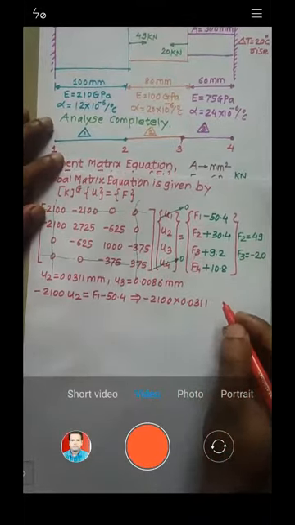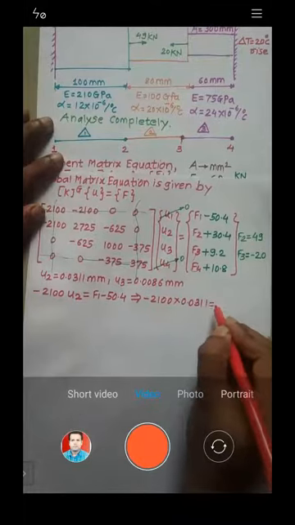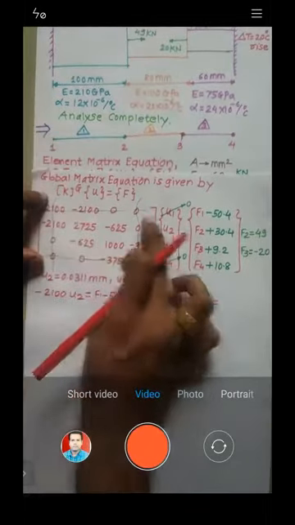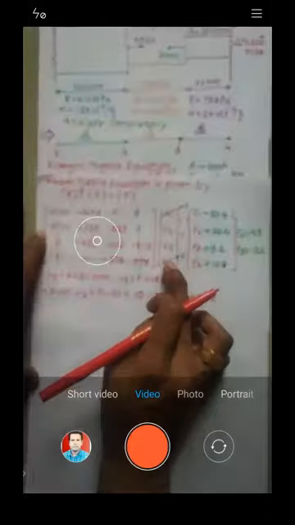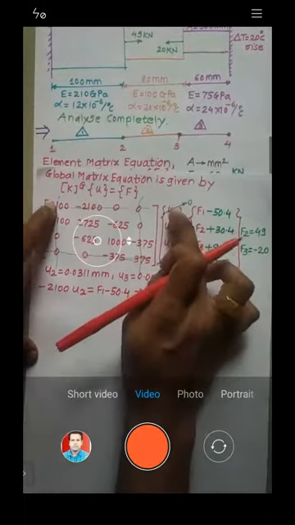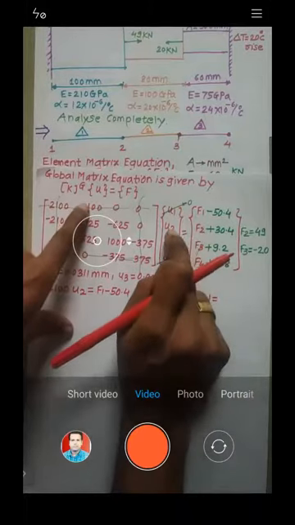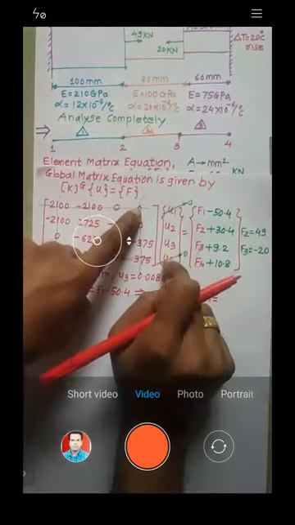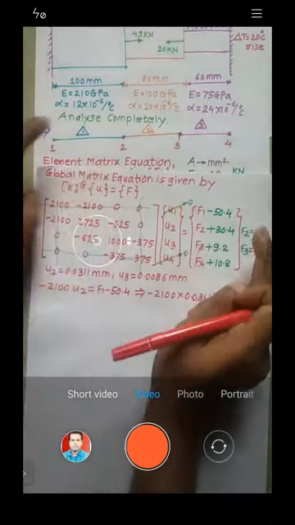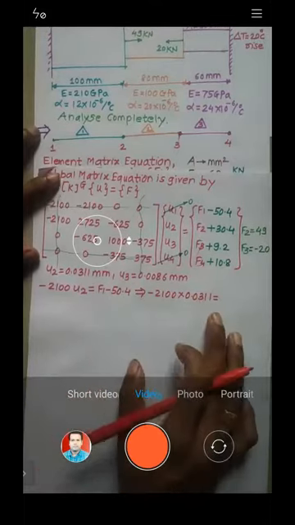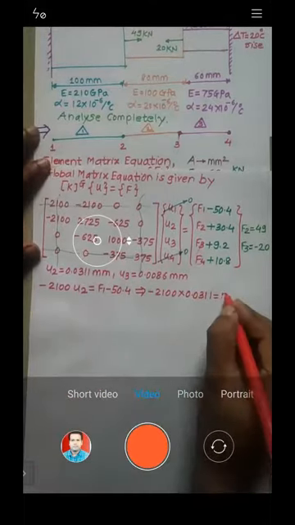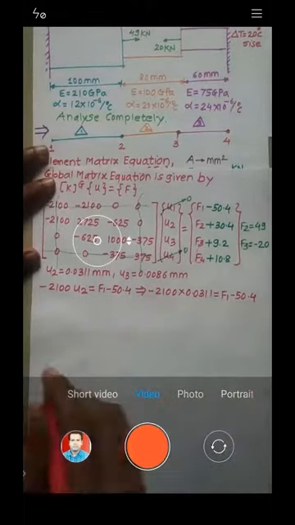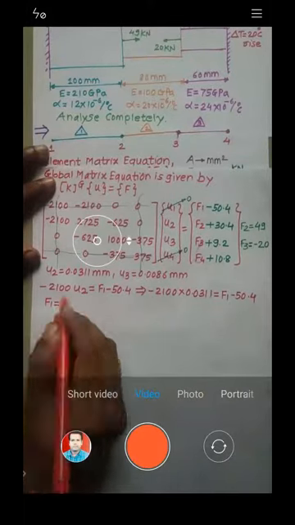Okay, 0.0311. Sir, I didn't understand this line. See, first row and this column, right? First row multiplied by this column. Just check it, this has been already explained. First row, this column: this into this is 0. This into this is what is written. This into this is again 0. This into this is 0. Is equal to this one. Is that okay now? Yes sir. Okay, so it is equal to this value, right? So just calculate the value of F1. What are you getting?